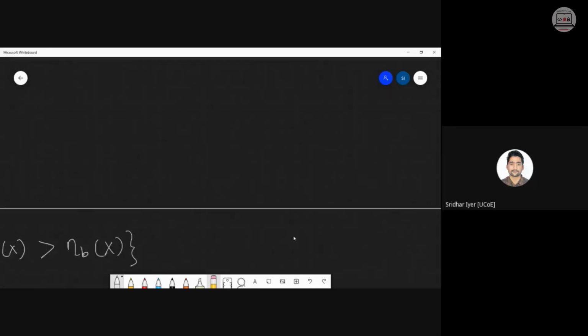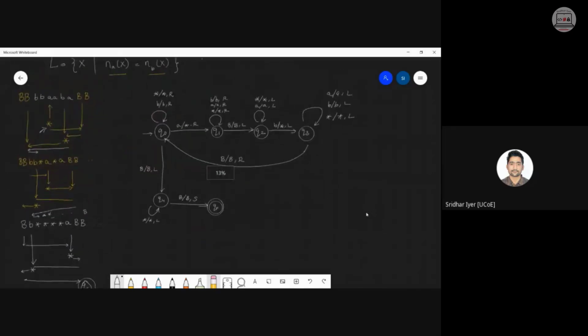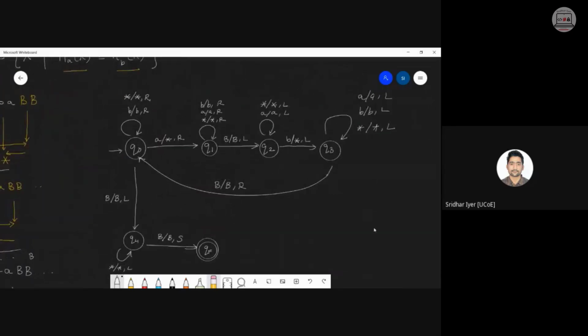Let's try to compare it with the diagram of the previous problem. So this problem we have done over here. The upper half will be exactly similar. Can I say so? I am reading an A. The logic is exactly similar. I am reading an A. Okay. Then what am I doing? I am trying to find the corresponding B. Right? This much part is complete. This entire thing is exactly the same, exactly similar.